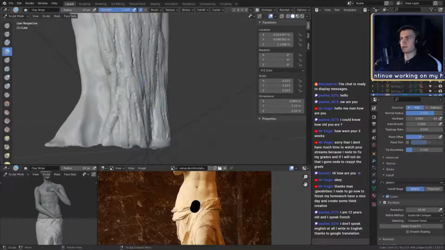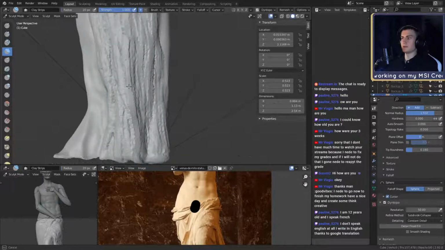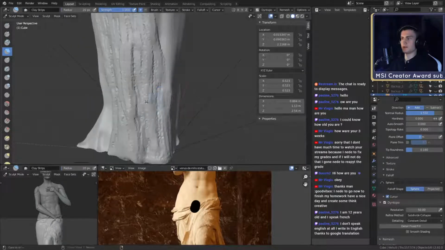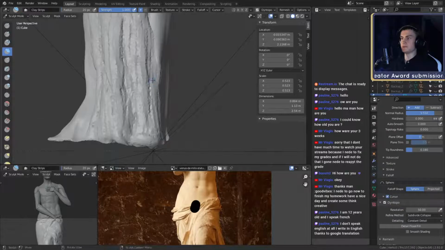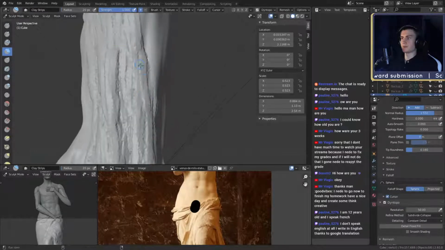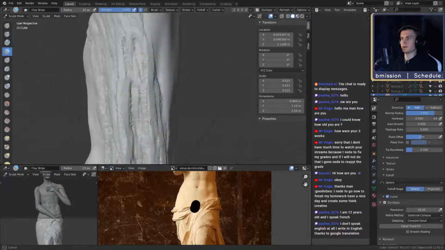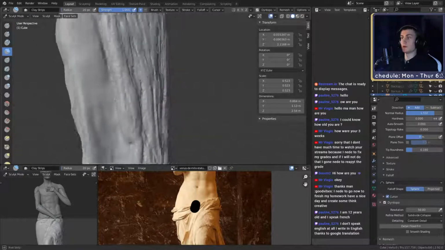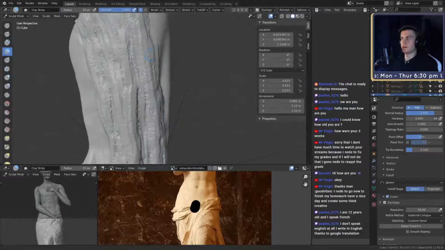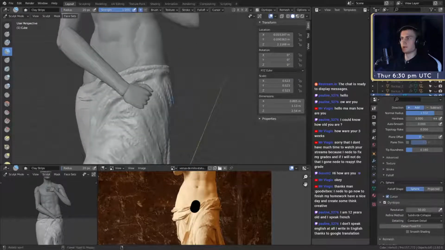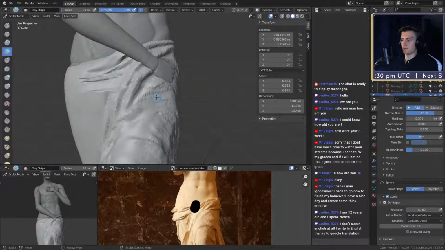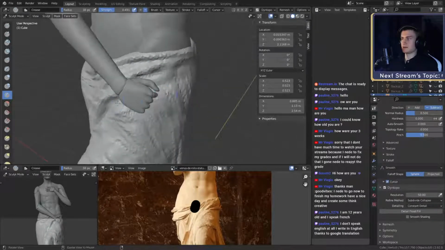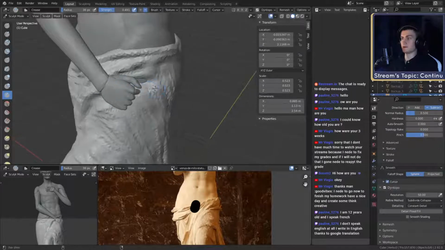I've never really sculpted cloth before. Usually when I make clothing for characters, I have used the Blender cloth tools, or recently I've tried Marvelous Designer, which was really helpful, of course, because it's a dedicated clothing software.